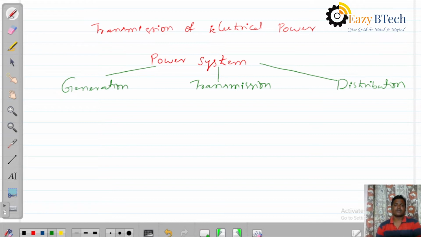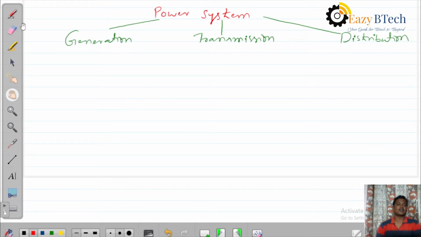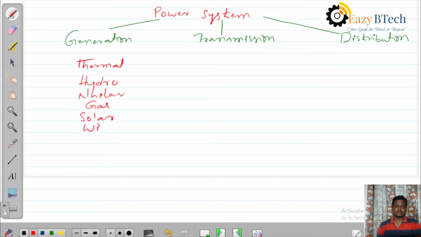Now, we will discuss what is the importance of transmission system. Before going to that, already we know what are the different generating techniques. By using conventional and non-conventional energy sources, we will generate the electrical power. We will generate the electrical power with thermal power plants, hydro generating stations, nuclear, and gas generating plants, and solar generating stations, wind plants or windmills,